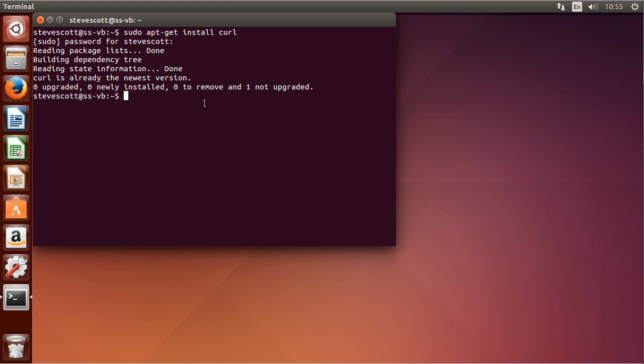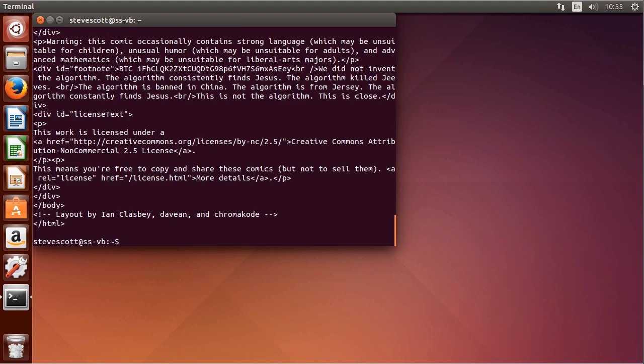The basics of it is do curl and provide a URL, so http:// and some website. In this case, I'm going to use xkcd.com as an example. What it does is get the web page and output to standard out by default, so to this terminal